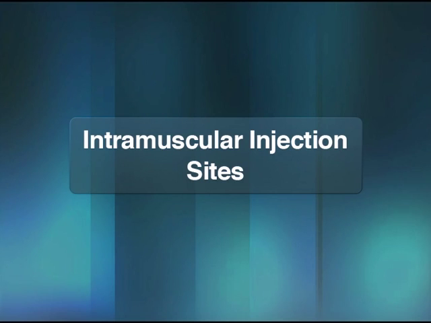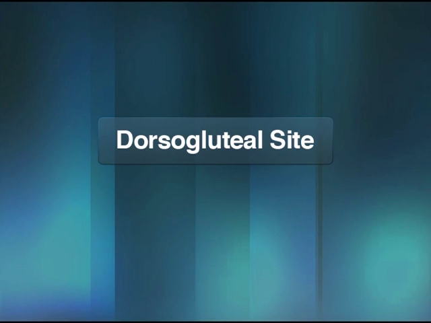Intramuscular injections must be administered at specific sites to avoid puncturing large nerves or blood vessels. You should practice locating these sites to become familiar with them. The medical assistant will show you how to locate the 4 sites used to administer an intramuscular injection, starting with